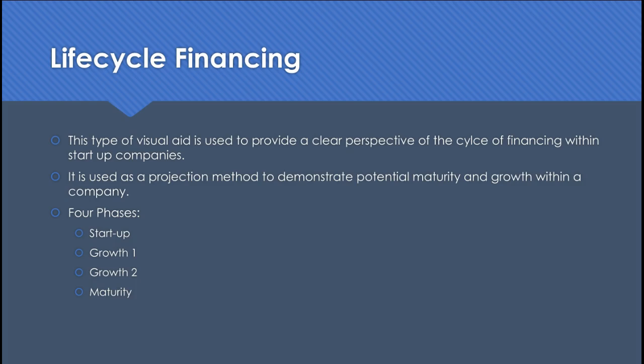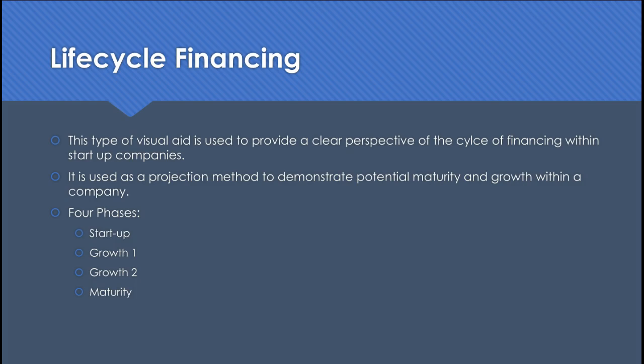So looking at how operations and growth are typically financed at different phases within the life cycle of a business, it's important to know that in the startup phase, they generally depend on the following sources for financing: personal savings, lines of credit, loans from friends and relatives, 30 to 60-day trade credit from suppliers, loans from commercial banks, and venture capitalists. Companies that are experiencing growth face the challenge of finding the financing to support it. So growing companies generally rely on a combination of internally generated funds and external financing, such as sales of equity or the sale of commercial paper or bonds.